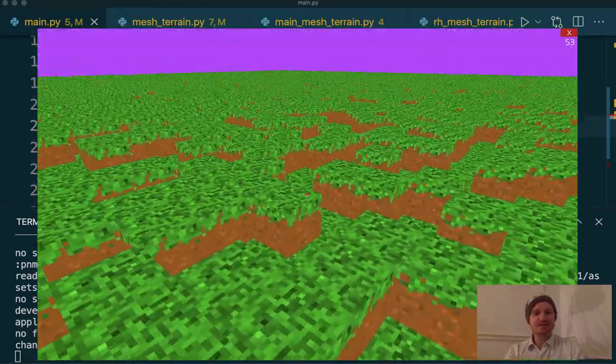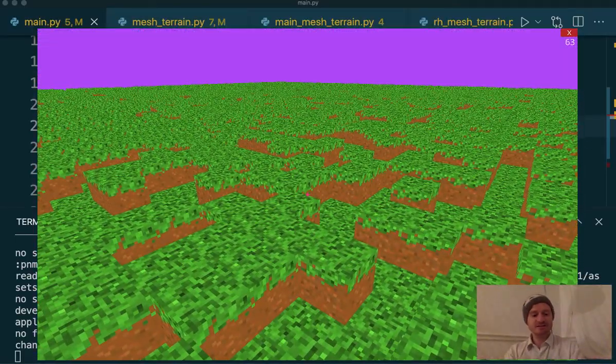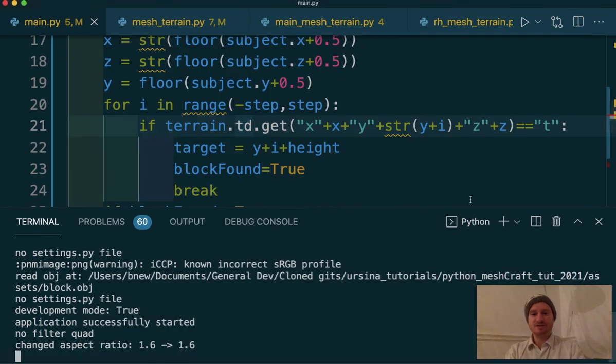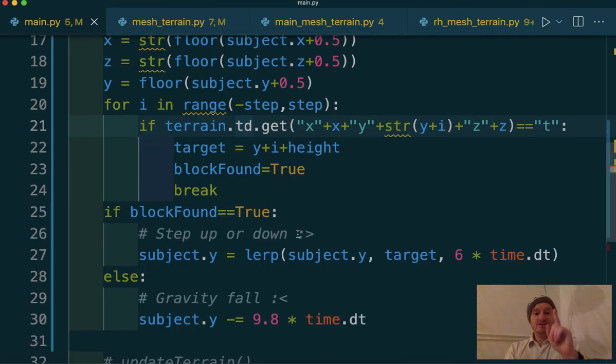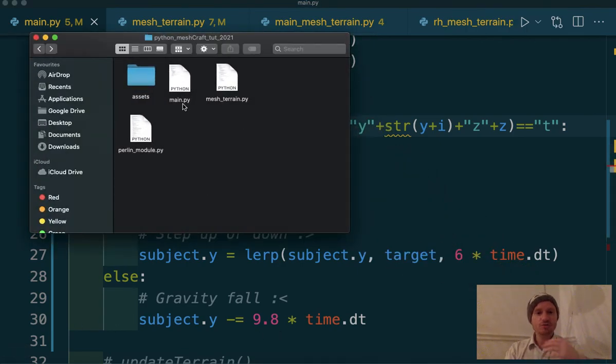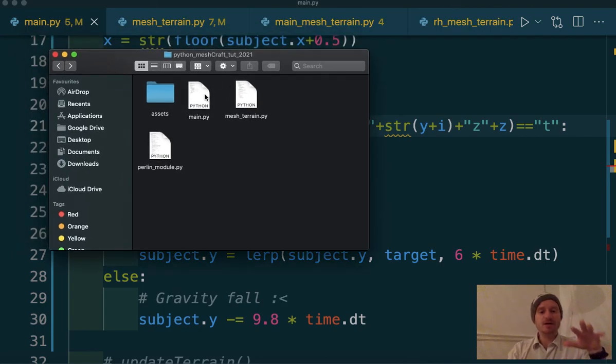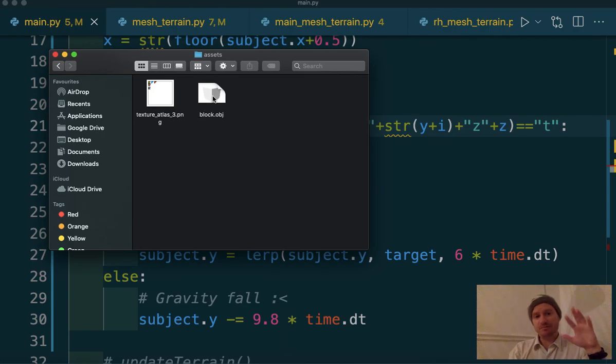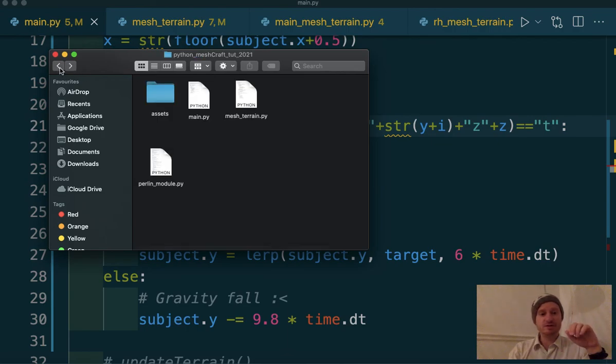So next step, let's make some hills and valleys. Okay, so we're going to use Perlin Noise for that. So first thing you need to do, or I've kind of done for you, in your project folder, where your main module file is and your mesh terrain file is and your assets folder is, and assets has got the terrain dictionary and the block object or the model, you need to add this Perlin